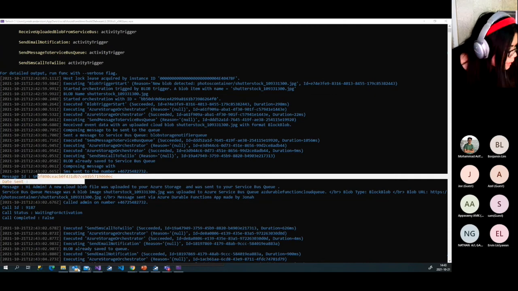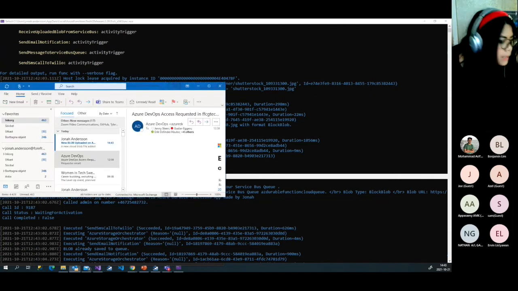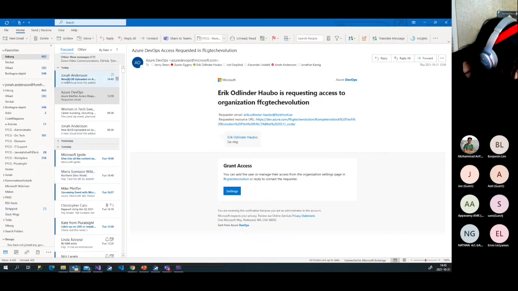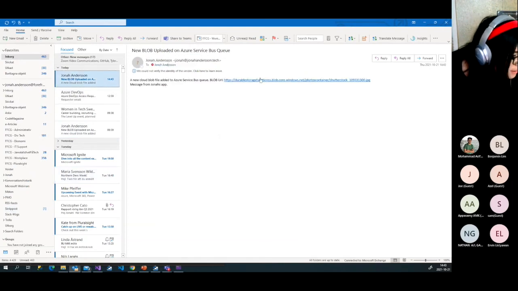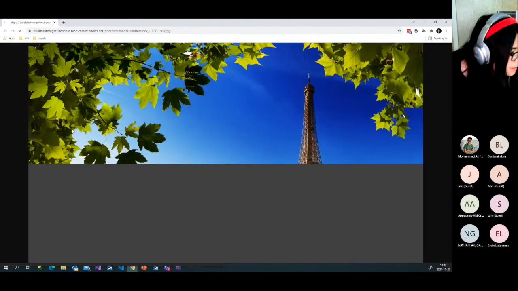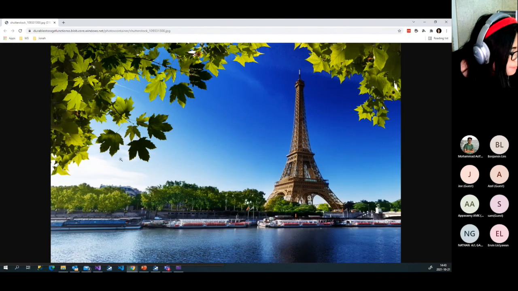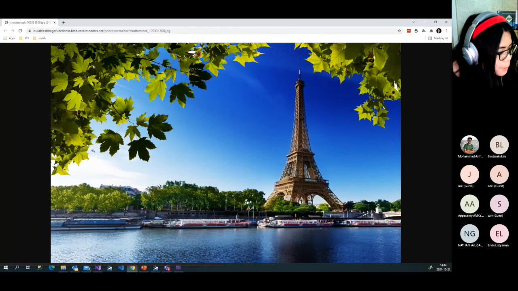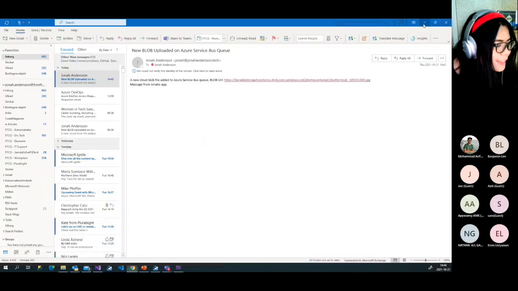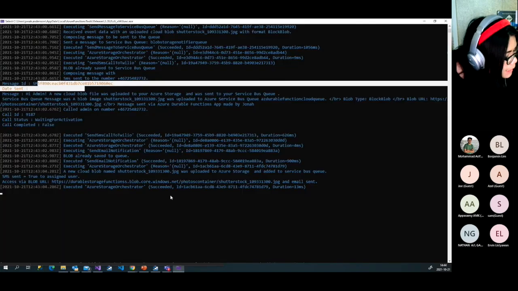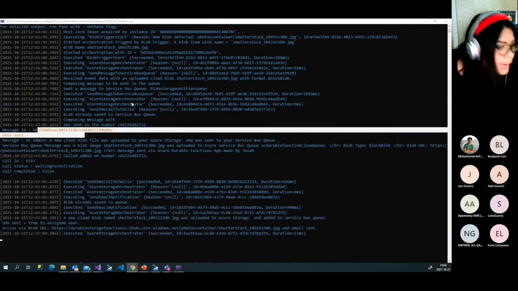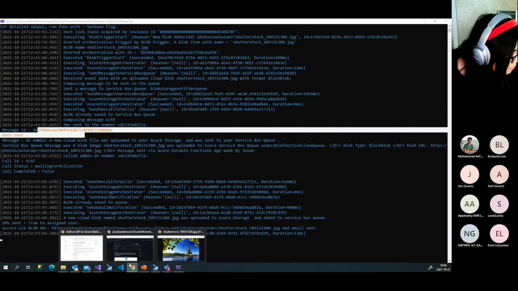And if I check my email right now, this is my work email, I actually got a message with the link to that blob that I can access through a web browser. It was a big file. I wanted to send it as like MMS, but I have to compress this one first. Otherwise, it will be too big. But that's my demo.